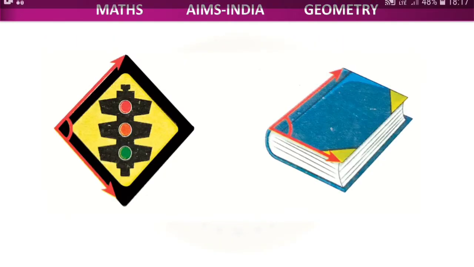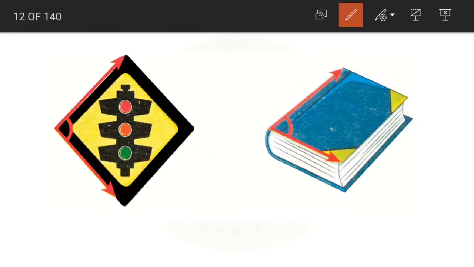See, a few more examples from our daily life. In daily life, we can see many objects around us, and all those objects have different angles. For example, look at this signboard. If we take these two rays, they are meeting here and form an angle. Again, if we take these two rays, they meet and form an angle. So whenever we have two rays meeting together, we get an angle.